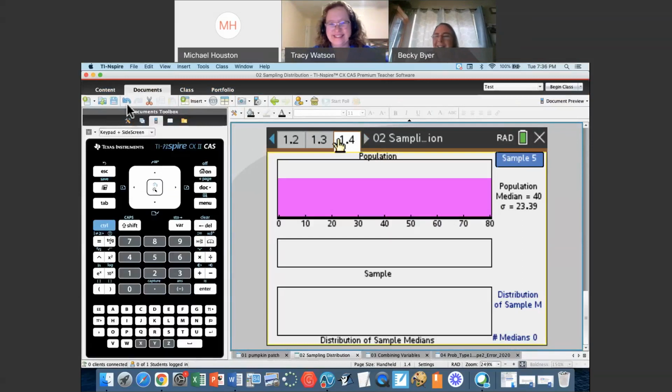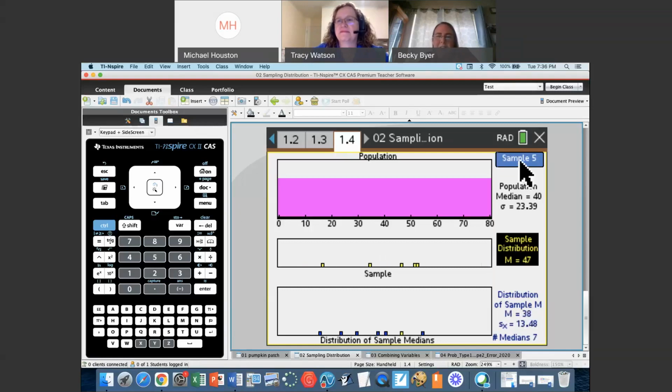Page 1.4 is the same as 1.2, only now it's going to measure the medians and not the means. So you can explore with your students, does this hold? Can you still take the standard deviation over the square root of n? And they can look at, does that 30 number still appear, just eyeballing it, if it looks approximately normal. And I like doing other statistics with them for that reason. I don't think we always have to be looking at the mean, even though our focus in AP statistics is typically proportions and means. There are other statistics that statisticians do use and investigate.